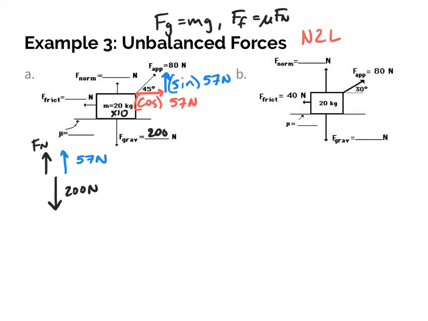So 57 plus a certain value is going to give me 200 newtons. So I know that the normal force in this case is going to have to be 143 newtons. Again, that's a little bit different because it's not entirely 200 newtons balancing out with gravity, but my normal force is simply going to be 143. That means the surface, because I'm partly pulling it upward, doesn't have to push as hard up on